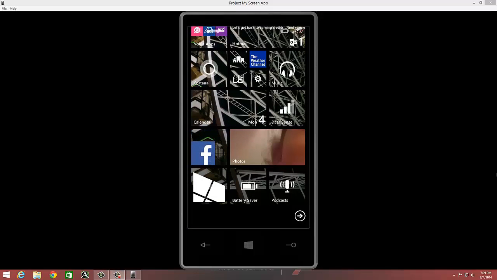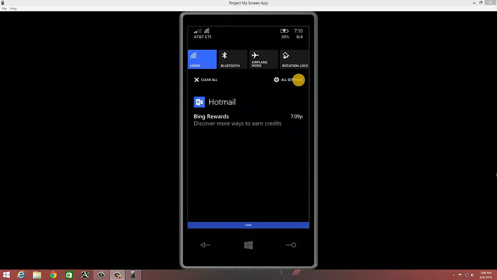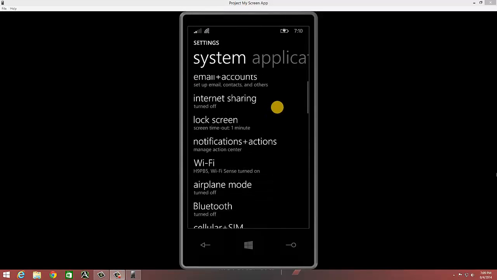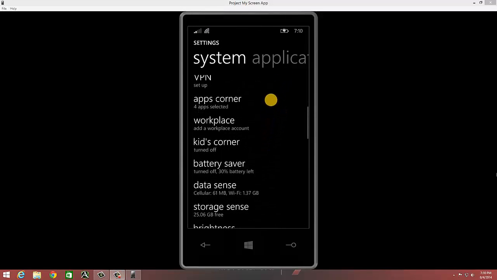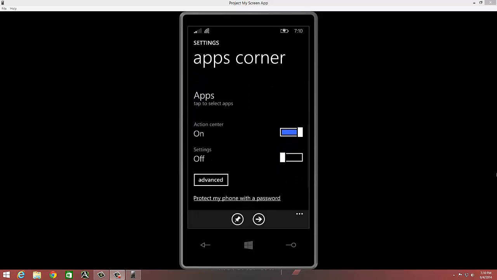Another cool feature that you can have in Windows Phone 8.1 takes place in the settings. So if we go to settings and we hit all settings, then you can go down here, and what you'll see is Apps Corner. And Apps Corner, you can see I put 4 apps in it just to test it. When you click on Apps Corner, it allows you to give people access to selected apps, almost like if you have kids in the room, or if you have whatever that they might touch everything, you can limit the phone's use. So like I have a niece that likes to touch my phone,